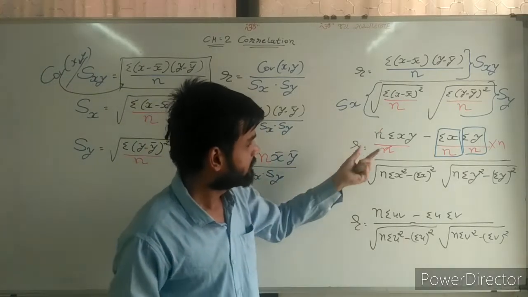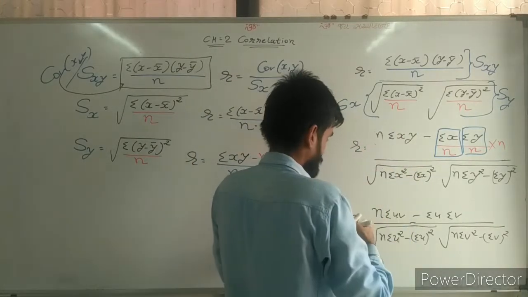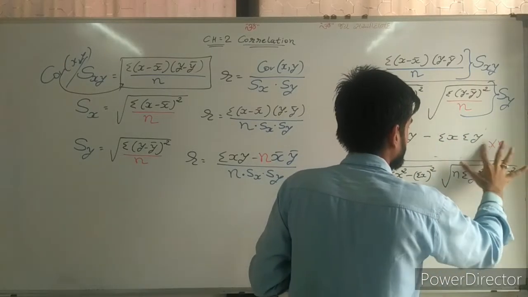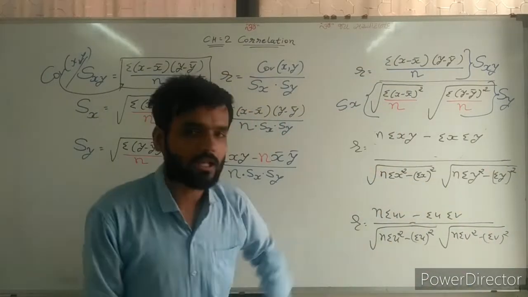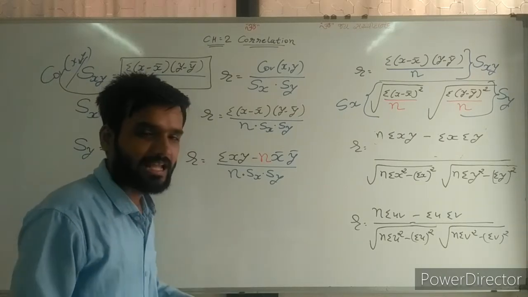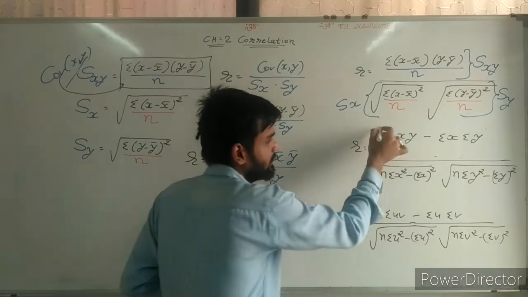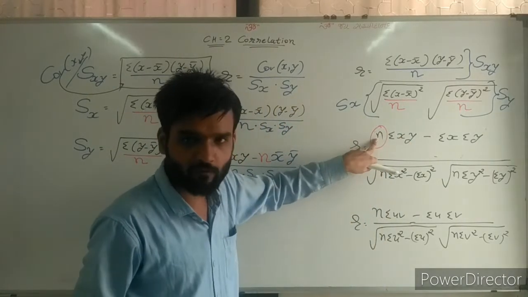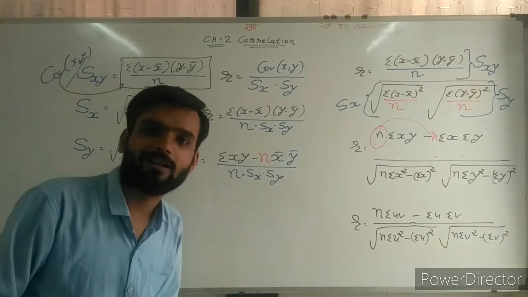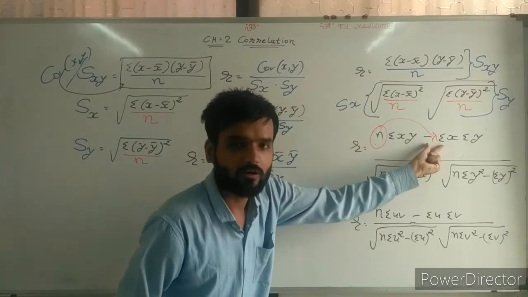Now what have you done? Suppose this is my original formula. Some students are making their own rules and that is applicable. Don't worry, we can remember this easily. Take this n from here and put it back. Simple. So n is taken from here and put it back.